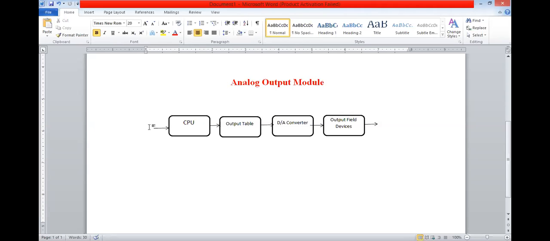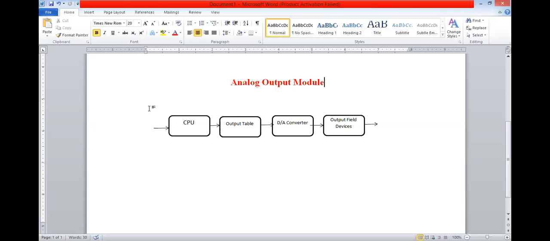Now that bit stream is then given to the D2A converter. This D2A converter does exactly the opposite function of the A to D converter. A to D converter is at the input side, D2A converter at the output side, because we know that the output of the CPU is digital and it is converted to analog form by using the D2A converter. So the analog output which is generated may be voltage, current, or variation of voltage or variation of current.